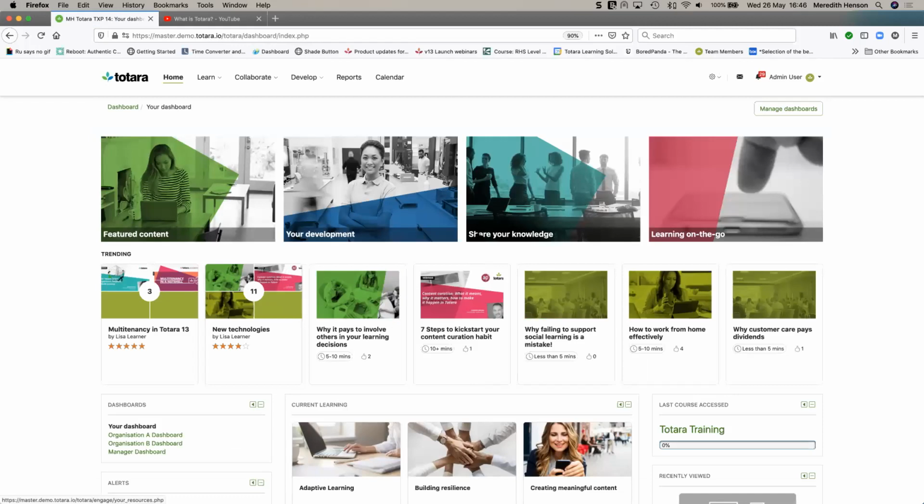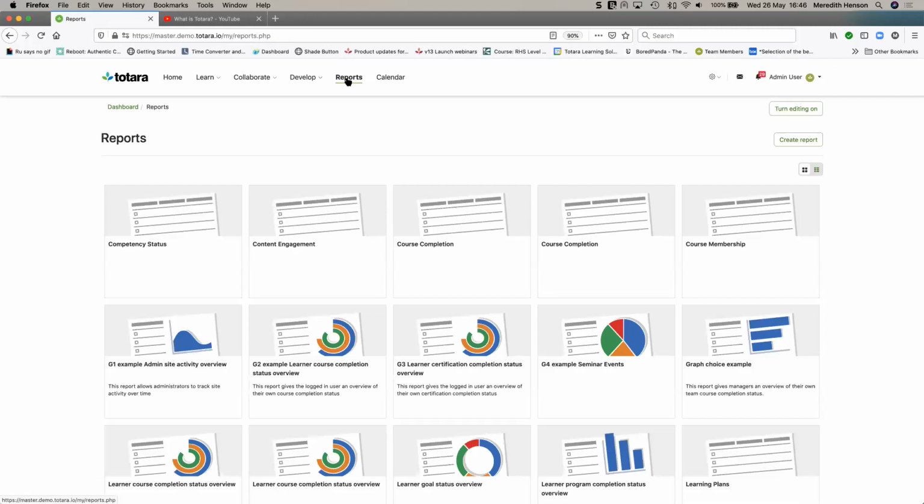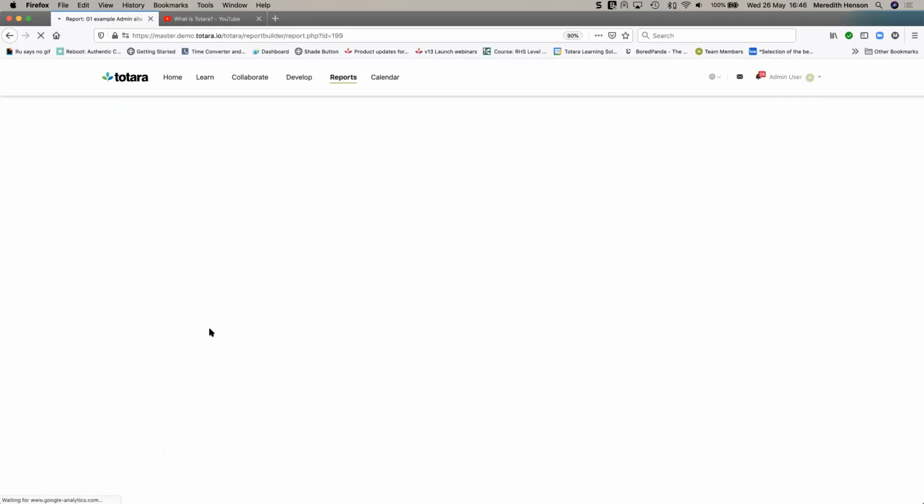All of this function, all the learning, all the completion of courses and programs and compliance-based training across Engage, the user engagement, the content engagement, the workspaces that have been created, across Perform, the performance activities, the goals, the competencies, the competency achievements, all feeds into this report builder. So reports can be created ad hoc through what's called the custom report builder, and you can view all of those reports that have been previously created, and you can run them simply by clicking on them.